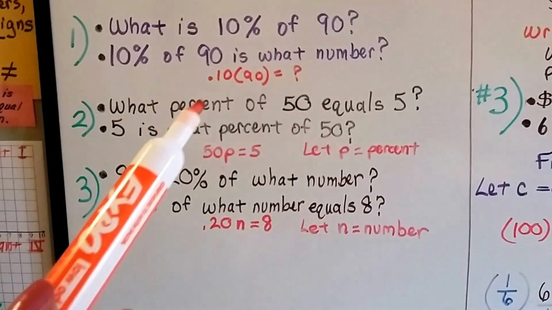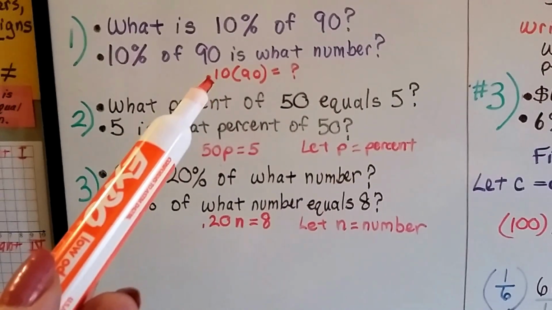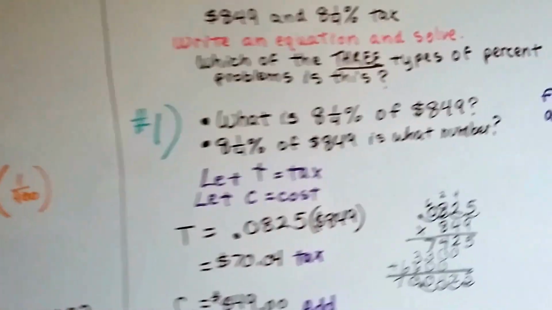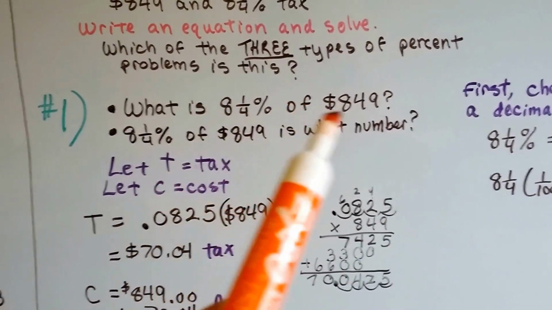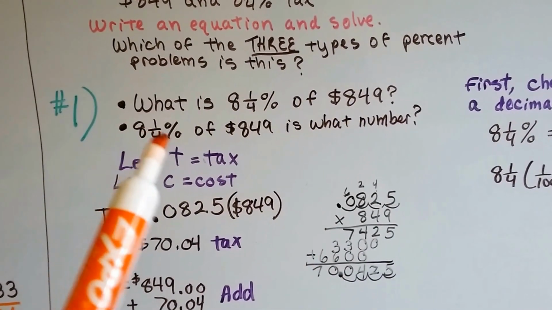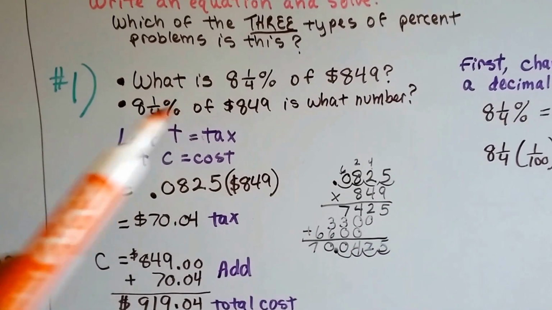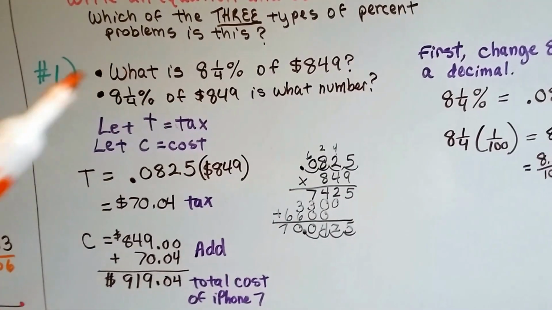So what we're going to do is turn the percentage into a decimal and just multiply it by the $849, all right? So let's do that. We're going to plug in our numbers into the number 1 template. What is 8 1/4% of 849? That's the same question. So we plugged in our numbers, and we're going to let T equal the tax, and